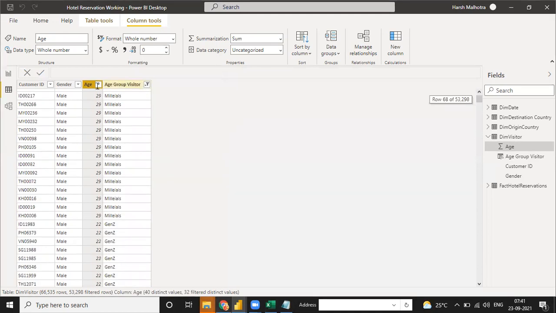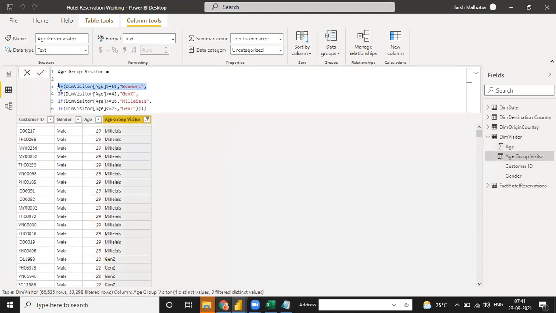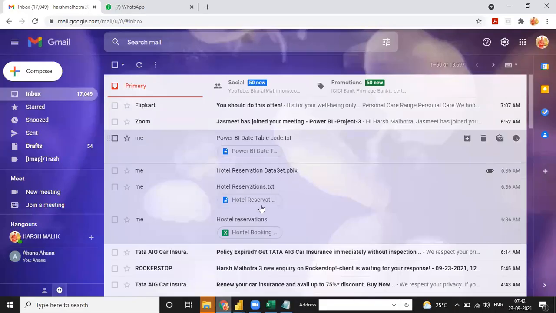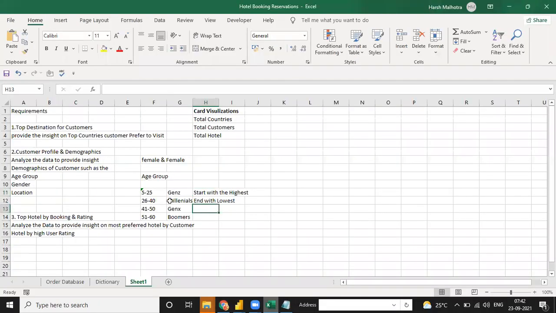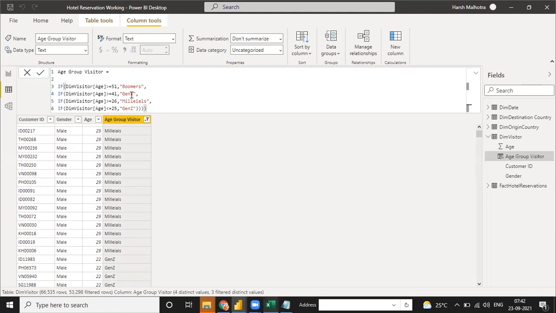Okay. So the first function we have written is disabled when this function is running. After that, suppose this function is written, then this function is also disabled. This function is also disabled after the third function is written, and at the end this function is written. So that is the stepwise order: highest, then lowest. That is why I tell you that in Excel this function is not suitable, but in Power BI this function is suitable. That is the reason to use Power BI.